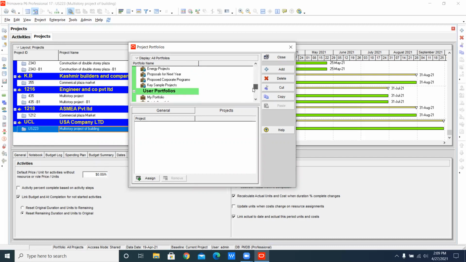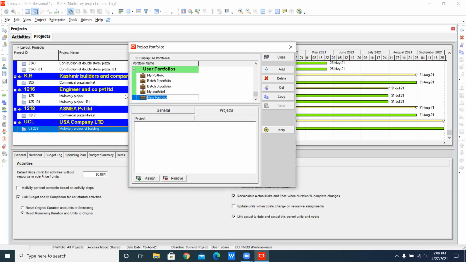If I drag it down, you will see there are different user portfolios. It means that we are the users, and we are going to make the portfolio at this time. For the user portfolio, there are multiple portfolios like my portfolio, batch 2 portfolio, batch 3 portfolio, and my portfolio 1. Whenever you open your Primavera P6, the user portfolio option will not be shown here. Just do nothing. Whenever you come to this window, just click on Add. The user portfolio is created automatically and your project will come down under the user portfolio.